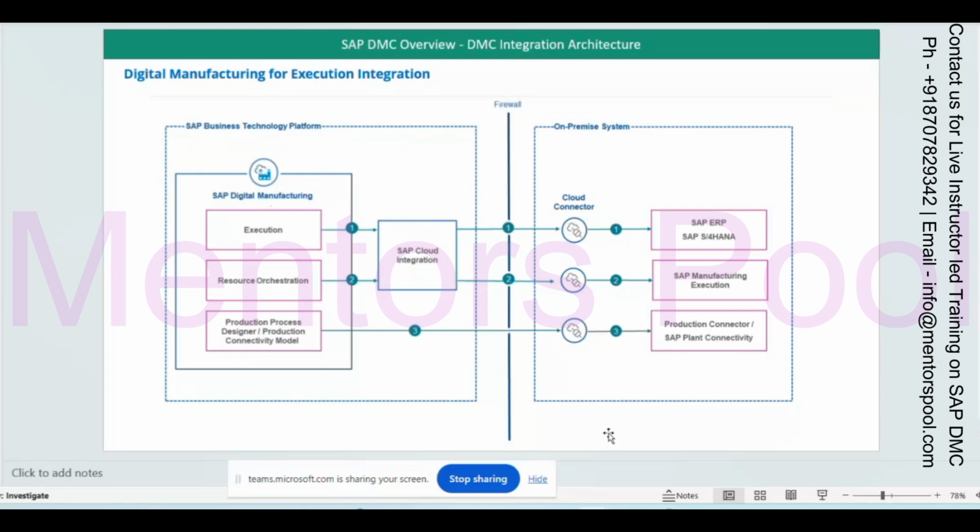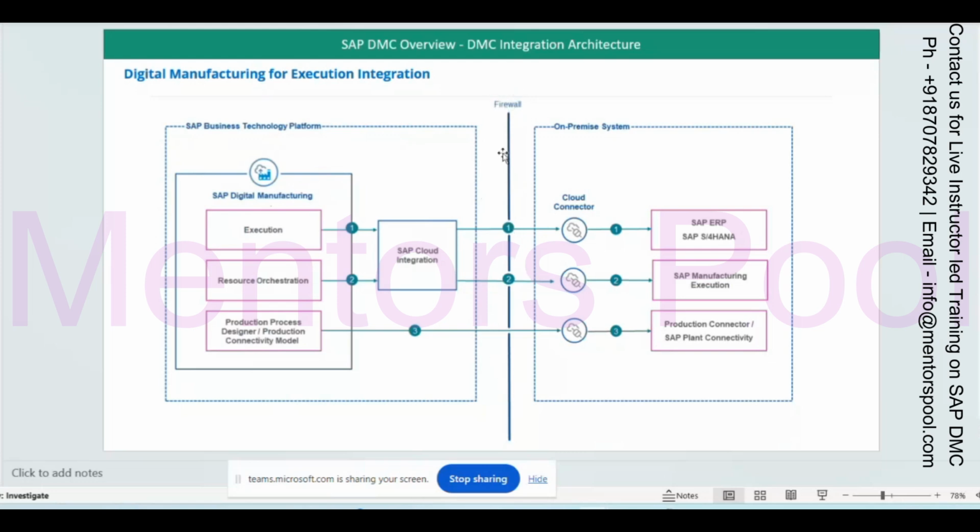This is the on-premise system. Your S/4HANA is on-premise. Your SAP ME system is on-premise. Your plant connector, or plant connectivity, is also on-premise. So whenever there is an on-premise system, there will be a firewall between the internet and your intranet.